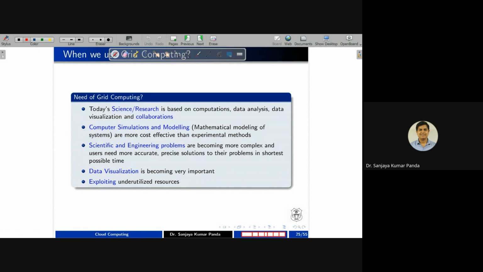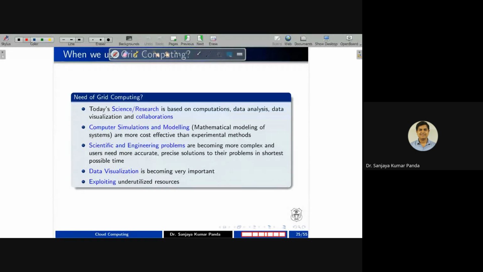Now, if you go for scientific research applications, as I already said, like computer simulation modeling, it is not possible to enhance the software or hardware system of an organization for a particular project. So in that case, we use grid computing, like SETI at home, NFS at home, Milkyway at home.